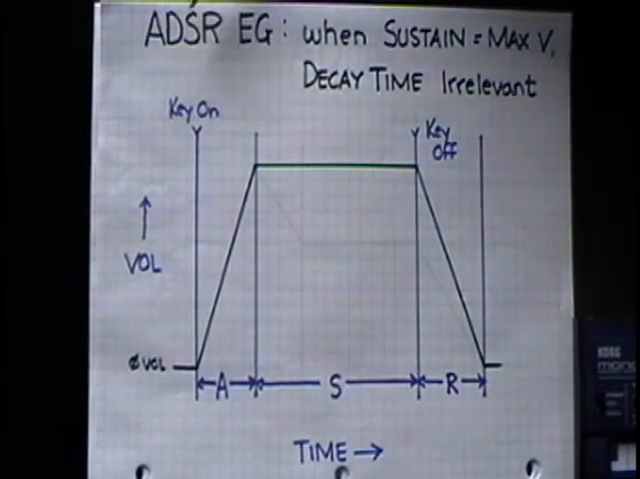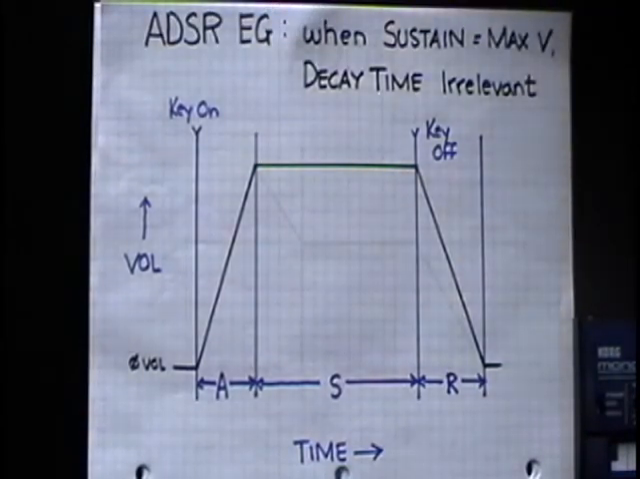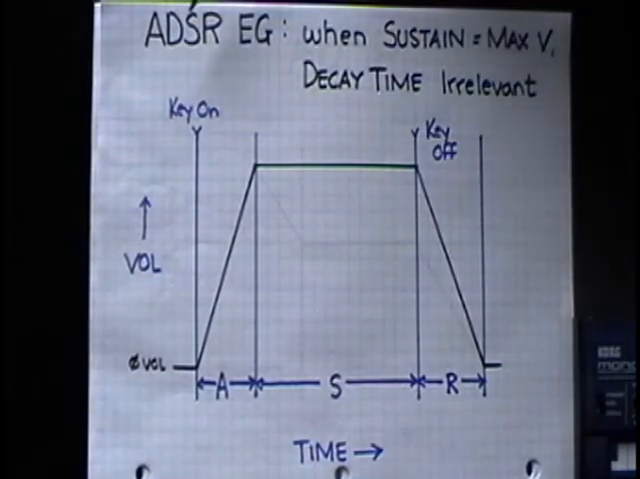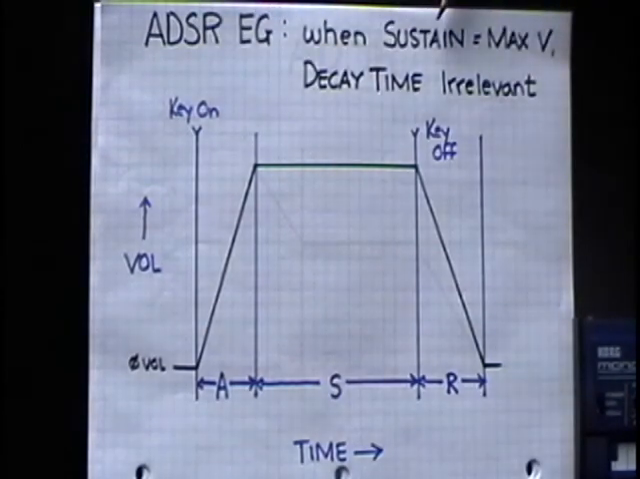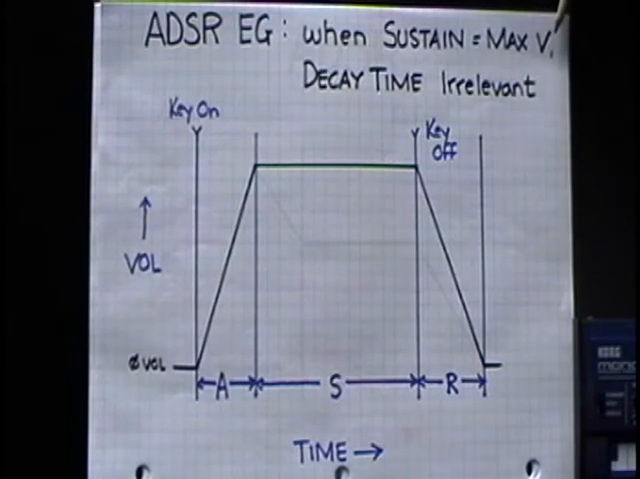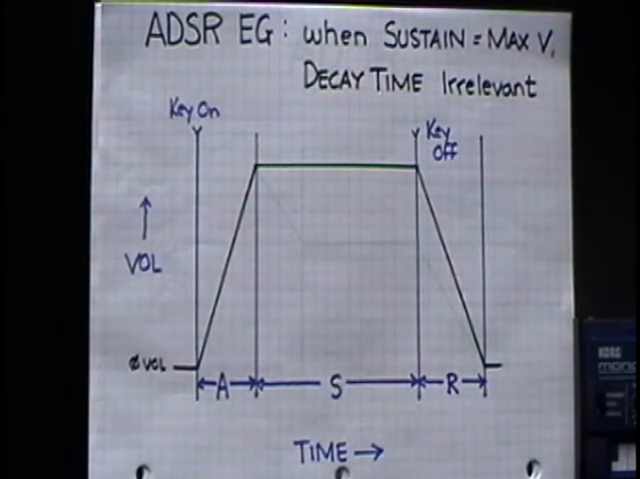This is an attack, decay, sustain, release envelope generator. Remember, us synthesists have these acronyms that we use, so learn them. Be cool. ADSR: attack, decay, sustain, release. EG: envelope generator. Okay, when the sustain level is at the maximum volume, which on the Korg MS-10 is 10,